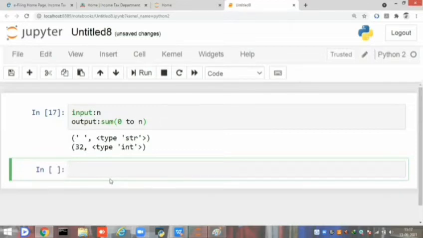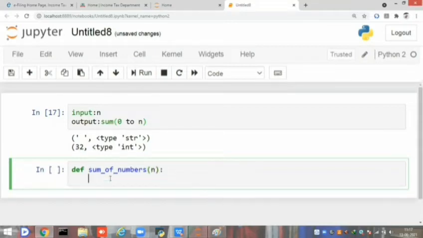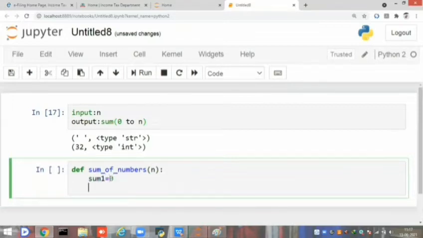What I told earlier, the function must start with def and some function name, sum of numbers, and the input is one parameter, so n, and we have to store that sum in some variable. For example, we take the variable as sum1, which I am assigning to 0, and I need from 0 to n.